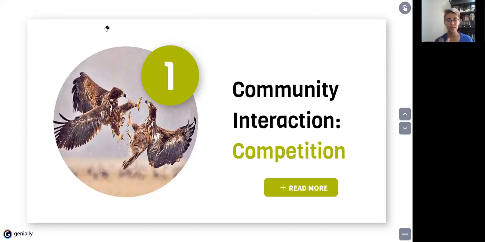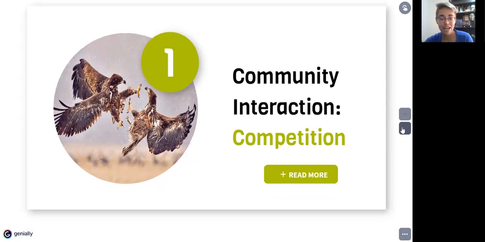Okay, so they're competing. I think competition is easy, right? They're just competing, they're fighting. That's it. Why do they fight? Because they need food, they need home, they need shelter, and they need females. And females are worth fighting for in the animal kingdom. That's how it is. Very good.